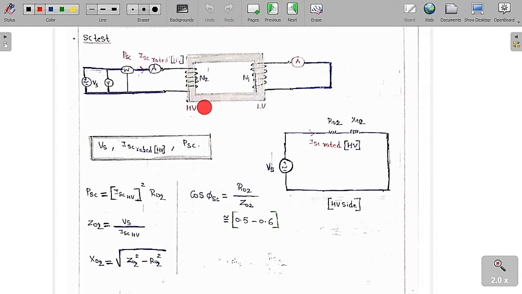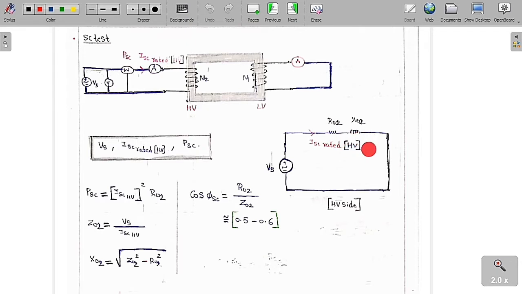So from the previous case I have already told you the HV winding has number of turns N2 and the LV winding has number of turns N1. Now with the help of the voltmeter we figure out V_s, with the ammeter we figure out I_s rated of the HV side, and with the wattmeter we figure out the power consumed in this condition. As we are going to neglect the shunt branch parameters, we are only going to consider